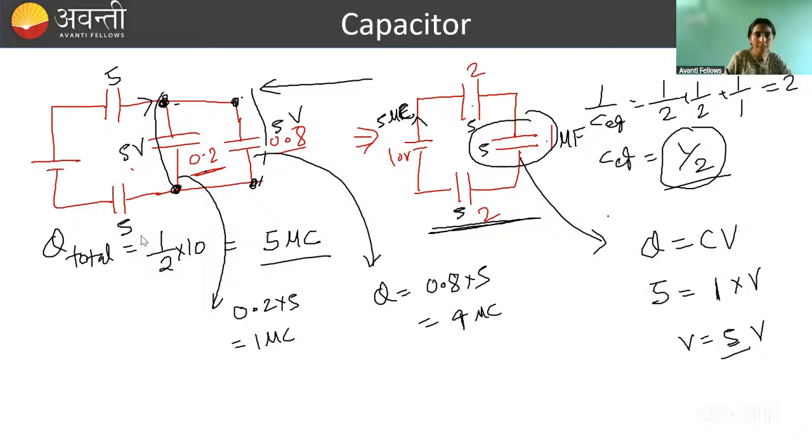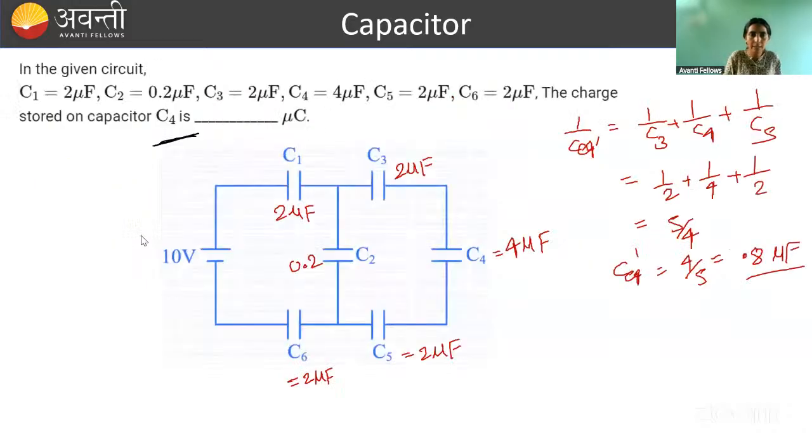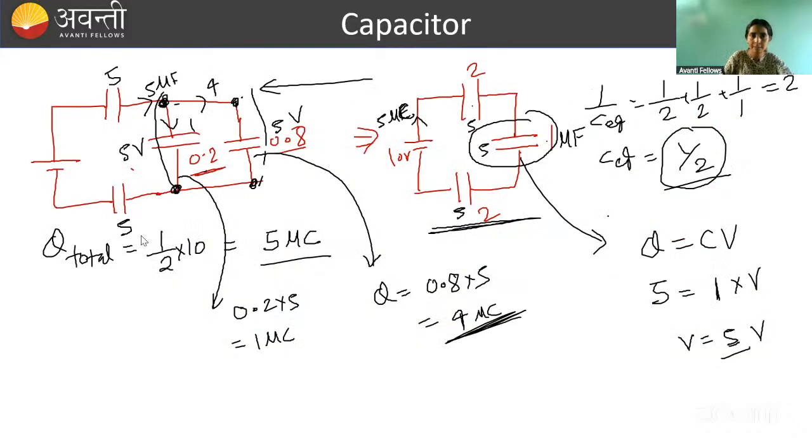So here total charge coming is 5 microcoulomb. 4 will go here and 1 will come here. So across 0.8, we are getting how much? 4 microcoulomb. Again, go back to the circuit. अब देखो ये तुम्हारा क्या था? ये जो अभी हमने 0.8 माइक्रो फैराड की जो बात करी, it was this capacitor, and on